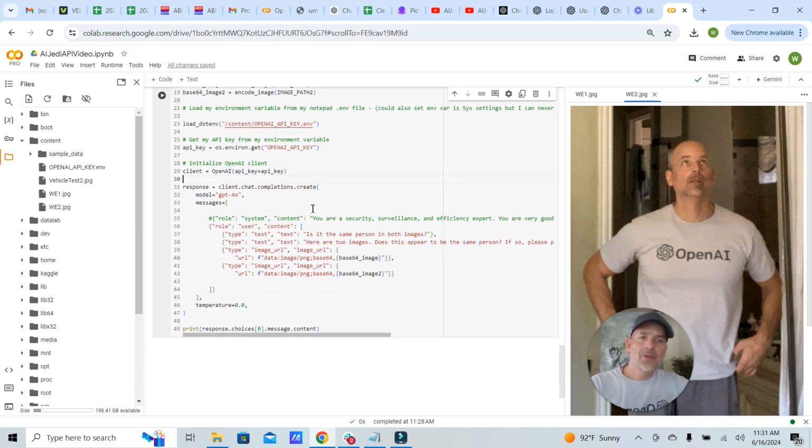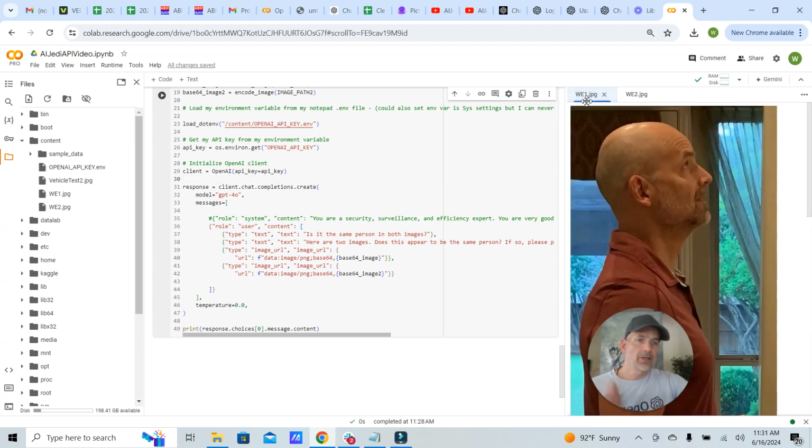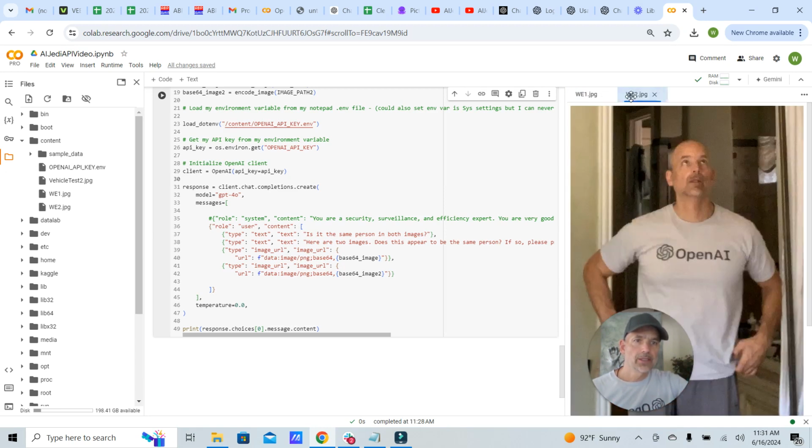All right, now here's the difference, and here's where we're building on the other videos. In the other videos, we would send a single picture, or we would send frames of a video. We would grab every third frame of a video and send it to the OpenAI API. This time, for starters, what I'm going to show you is how to send both of the pictures of the person from two different videos, right? So just assume that this is a frame from one security video, and this is a frame from another security video. So I'm going to send both pictures over to the OpenAI